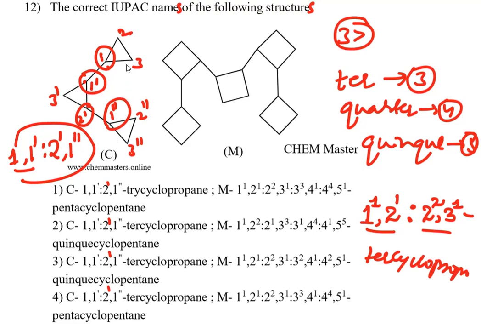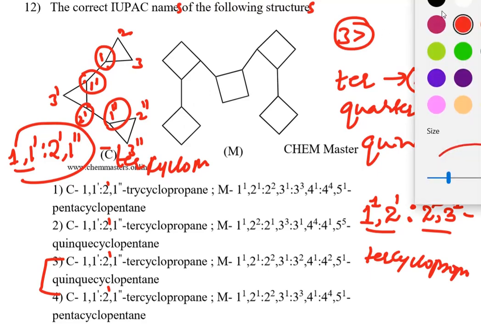And then how many rings are there? 3. So here, tercyclopropane. Now just look at the options. So we have tercyclopropane in options 3 and 4. Right? Now just come to the point of the second one. So we should select